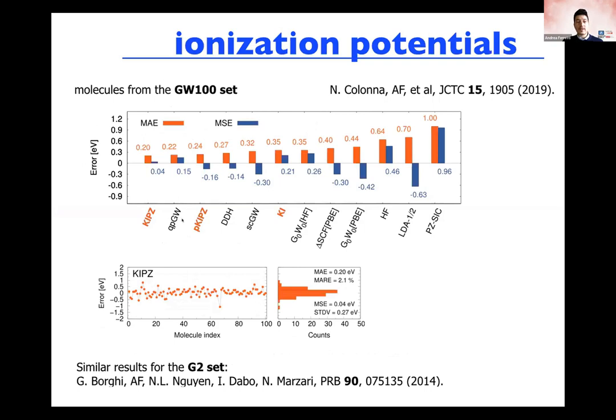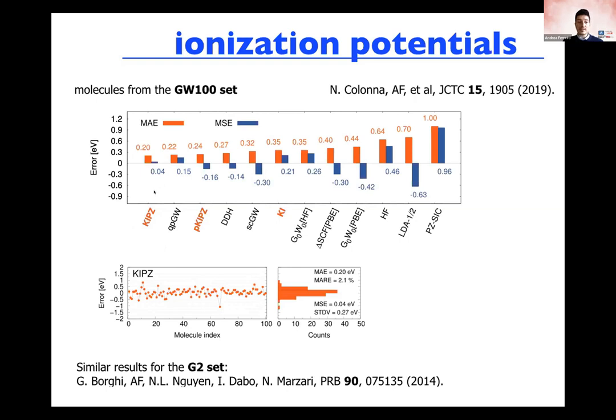And you see here that there are a number of high level methods, GW, self-consistent GW, dielectric-dependent hybrids, quasi-particle GW, and so on. And KIPZ, that is one of the flavors we are using, actually sits pretty much among the best methods, really at a fraction of the cost, because some of these tend to become very expensive. So the first message is that this can really be very